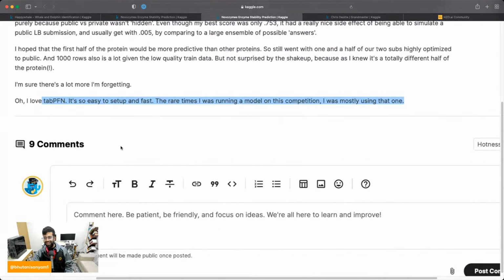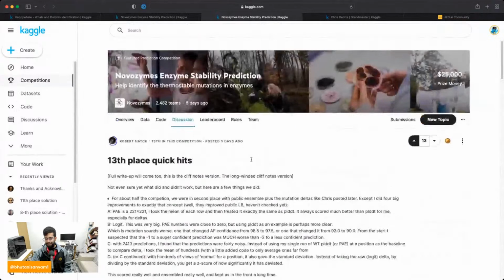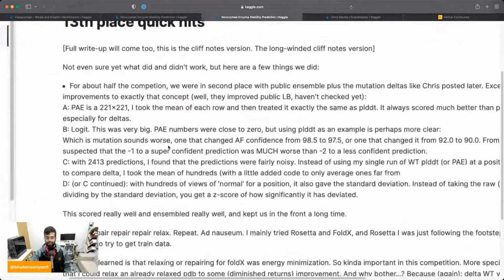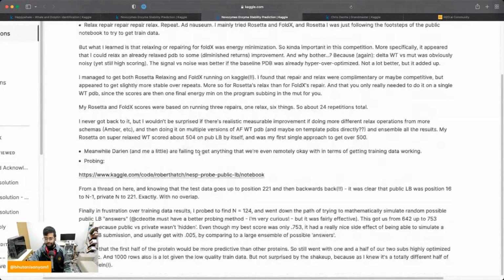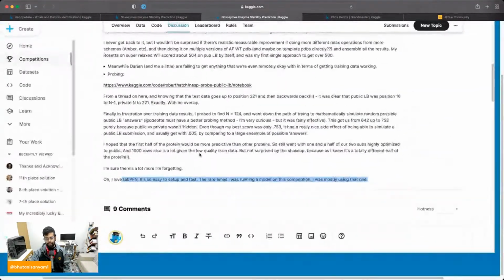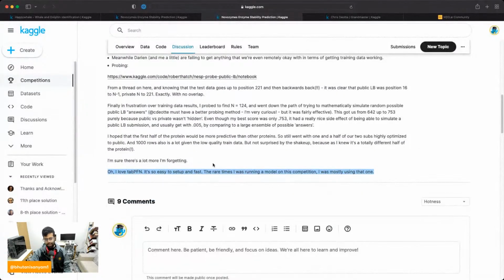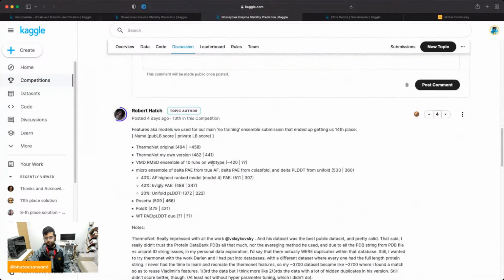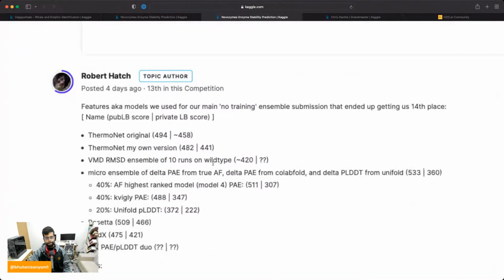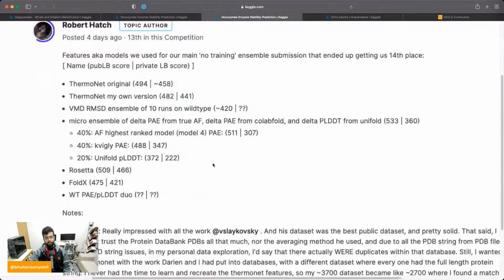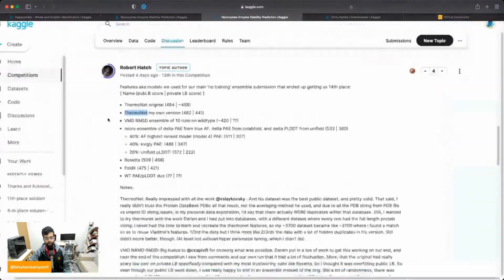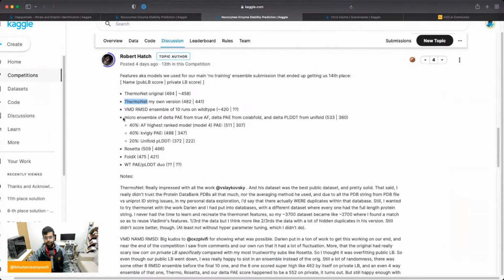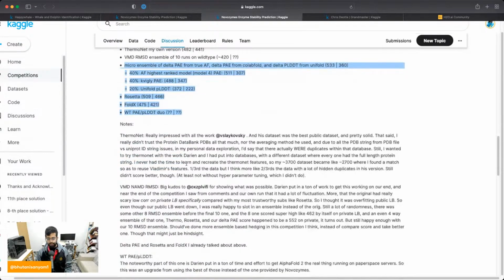So that's an overview of their solution. Just some random notes compiled, but I assume from what I can understand, the public notebooks were relevant for their write-up, and eventually TabPFN and some other approaches had been used. Thermonet and some other things were relevant for their competition, and they also say how they micro-ensembled everything along with Rosetta and Foldex. They've shared some more notes here,